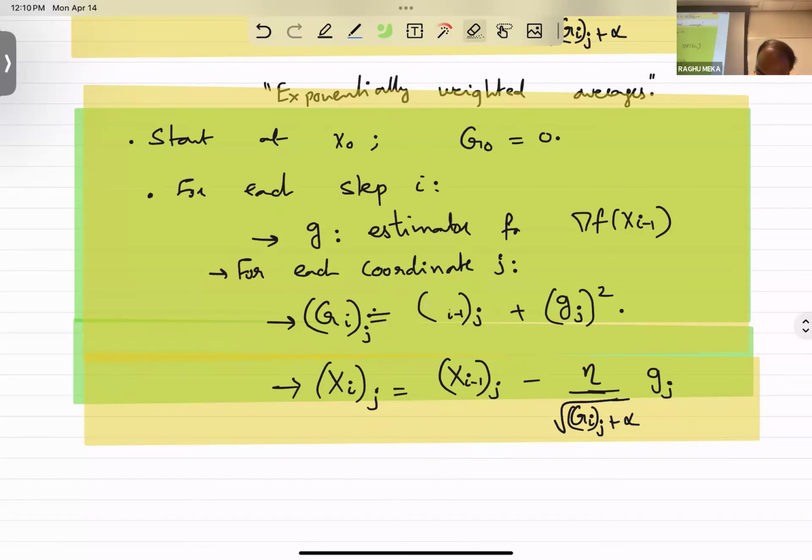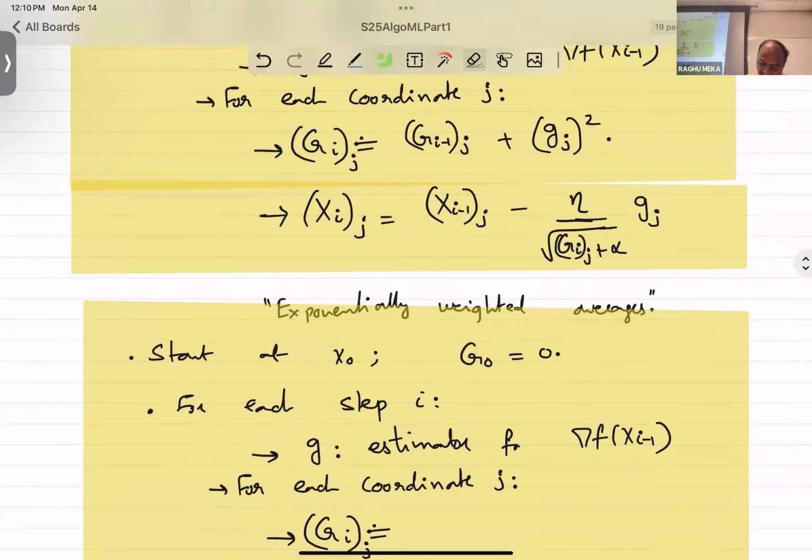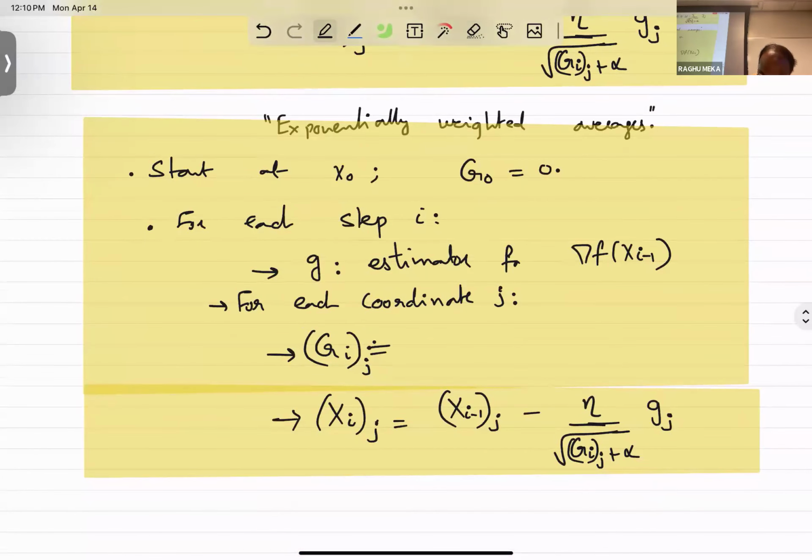So one thing you can do is, instead of doing this average by adding up everything so far, we can give some importance to the recent one, right? So this was the previous one. Instead of this, maybe I'm going to add something like